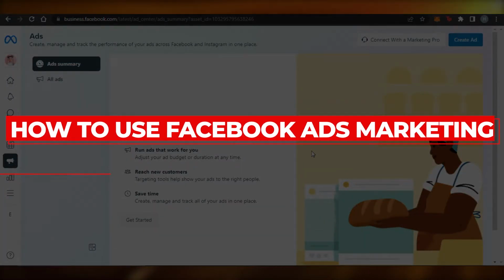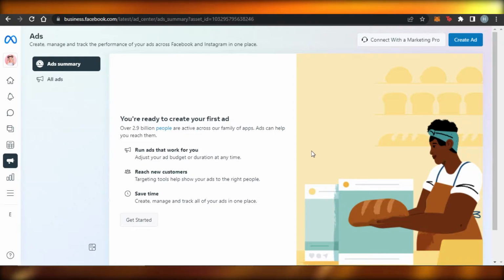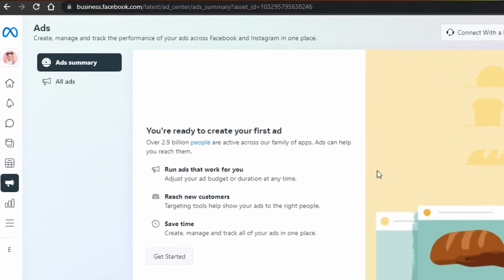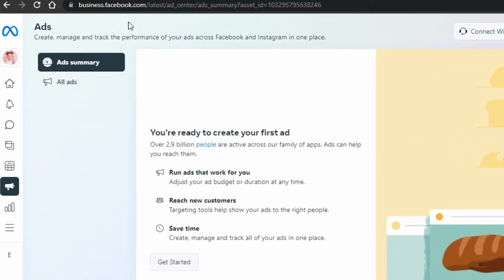Hi guys, welcome back. Today I am giving you a tutorial on how to use Facebook ads marketing, how you can create Facebook ads and target the right audience for your business. So let's get started. First, what you have to do is you will simply open up facebook.com, or you can simply go to